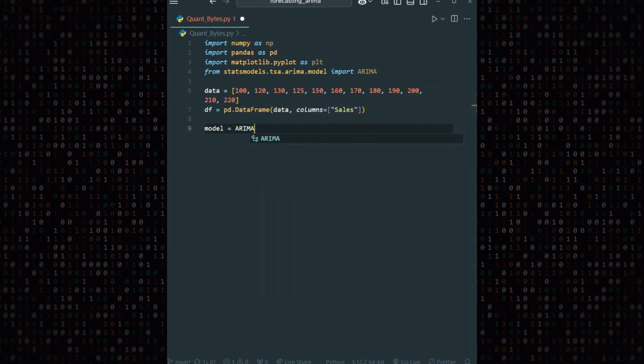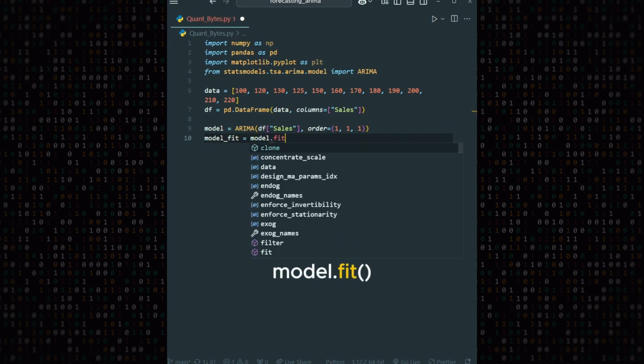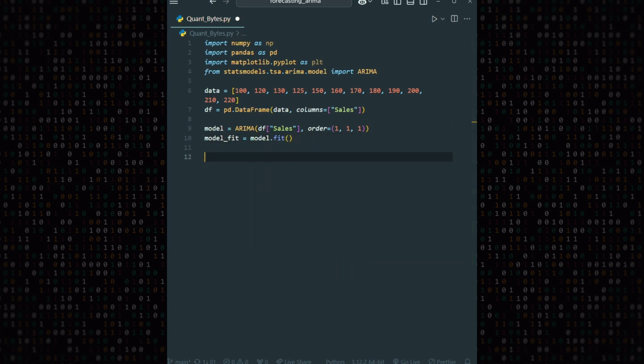Then, set model to ARIMA(df['sales'], order=(1,1,1)) to set the ARIMA parameters. Then fit the model using model.fit. Then forecast the next 5 steps by setting future_steps to 5 and say forecast equals model_fit.forecast(steps